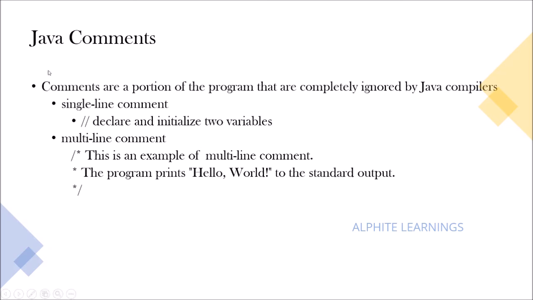It is just to give a basic understanding and deeper knowledge for you or any other person. You have two types: single line comment and multi-line comment. In single line comment, you just add two slashes and then the text. For multi-line comment, you give a slash star, and for any other line you add a star in front of it, and then you end it like this.